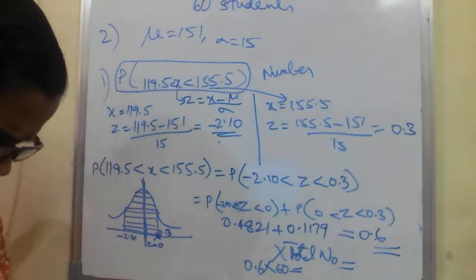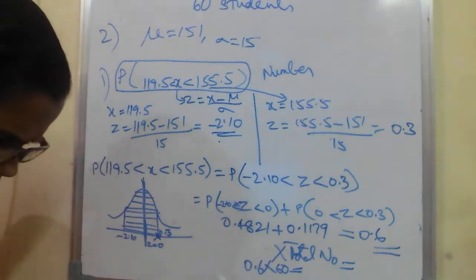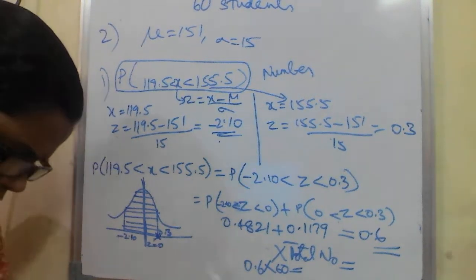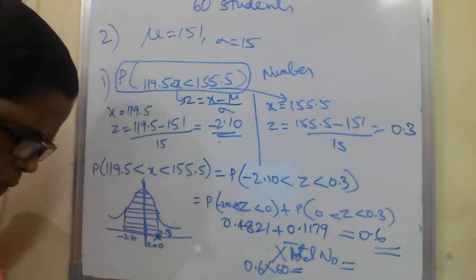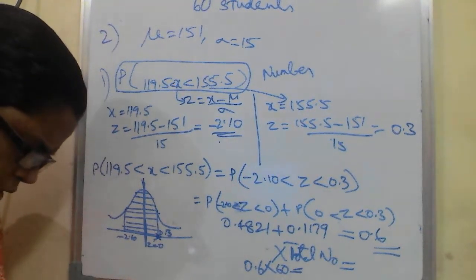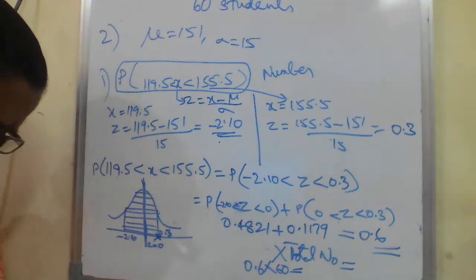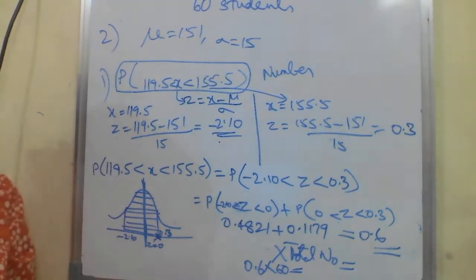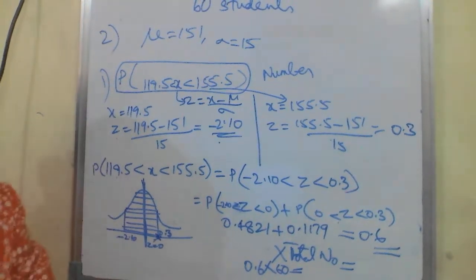So these are the problems you have in this particular normal distribution. In the next topic, I'll tell you about some theory, the sampling theory. After the sampling theory, this unit, the second unit, will be completed. So sampling theory, I'll do it in the next video. So that's all in the normal distribution. If you have any doubts, you just post it.